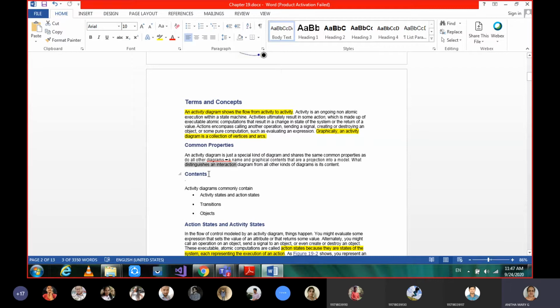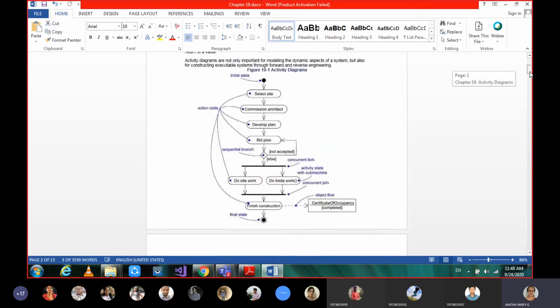And then coming to the contents, what exactly are the contents of our activity diagram? These are the action or activity states. And as I told you, the connection between two states is called a transition. We never say relationships. Under classes we said classes and their relationships, but here we should use the terminology related to the diagrams.